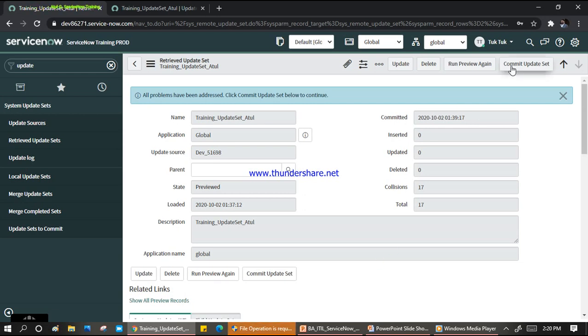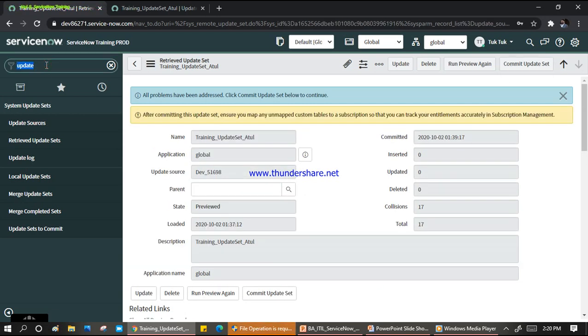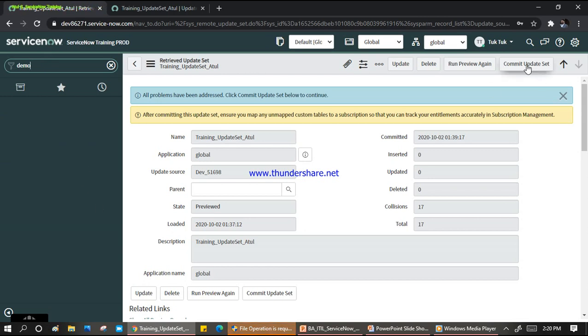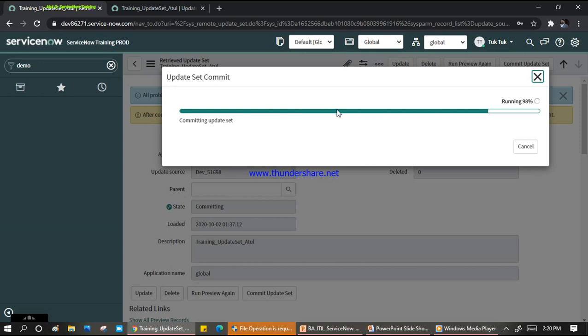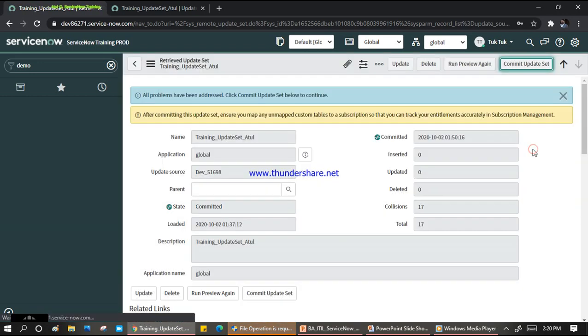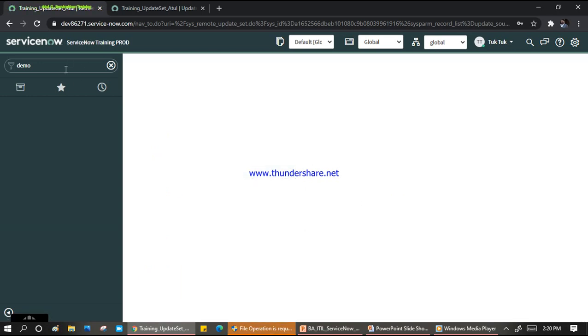Let me click on the update set. Till now, if I go here, let me search for the demo. It is not there. Let me click on commit update set. I am doing the commit again. It's committing. All green. It means my changes will be reflecting now easily. Okay, click close. Okay, it's committed.